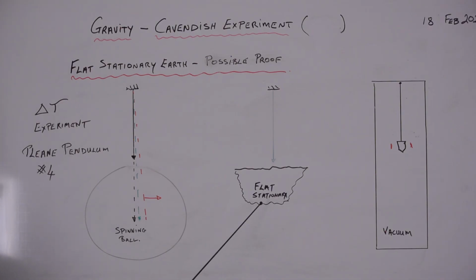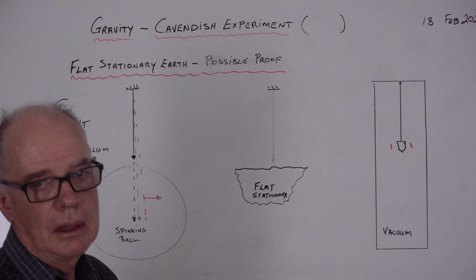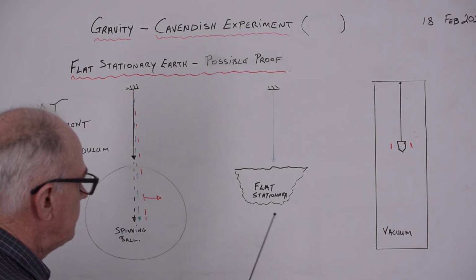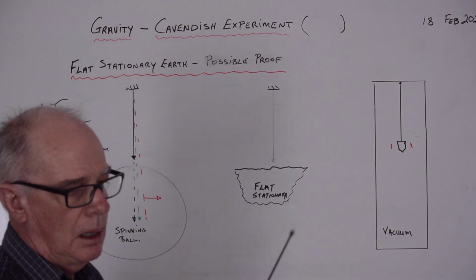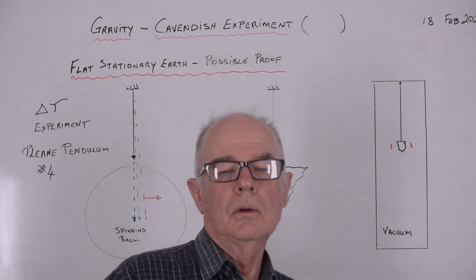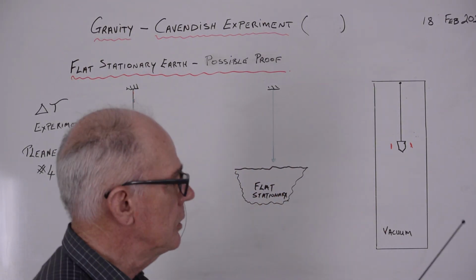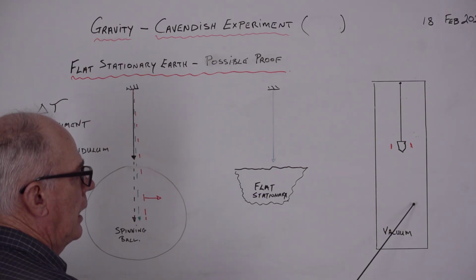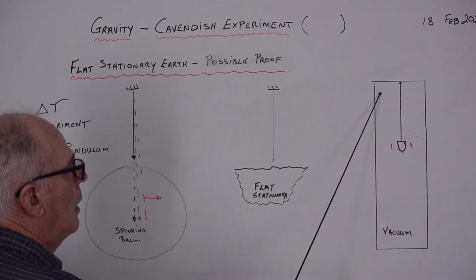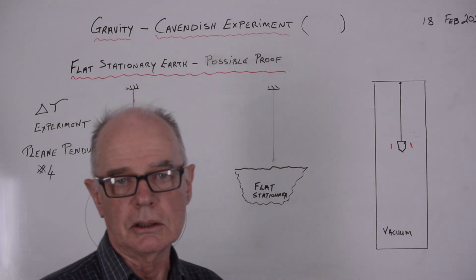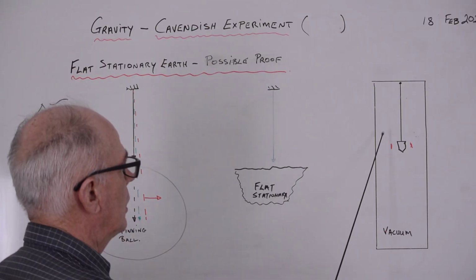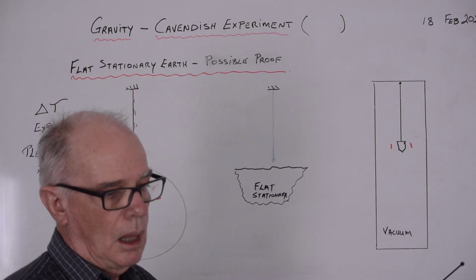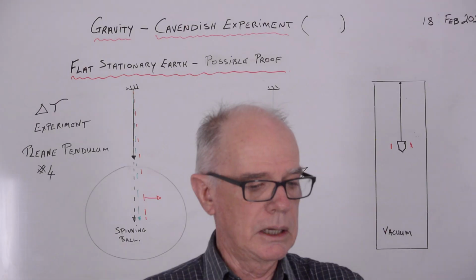So on a flat Earth, flat stationary Earth, there'll only be one vector involved, this downward vector. You won't have this centrifugal vector. So what we do to determine the delta T experiment is we take a plumb bob and we place it in a vacuum tube, a cylinder of probably 6 metres long or even longer, and we use at least a 1 metre, 2 metre long plumb bob, and we measure the oscillation